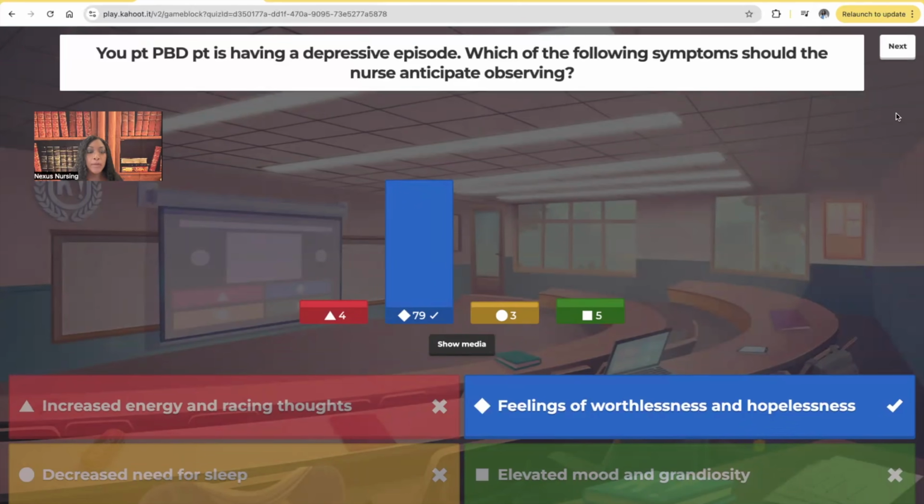This is how I want you to think of depression. And if you think of depression in the way that I'm about to explain it to you, you are going to get so many more test questions right. Okay? All depression is, I'm going to tell you what it is. And now this is the context that you have to think about it from now on. Depression is anger, resentment, and hostility turned towards self.